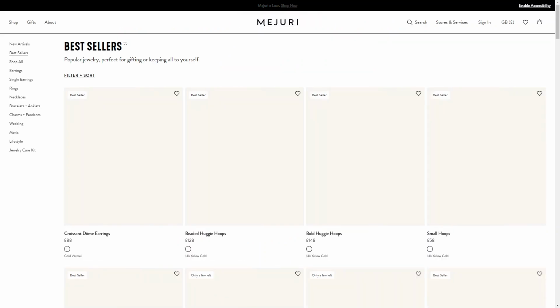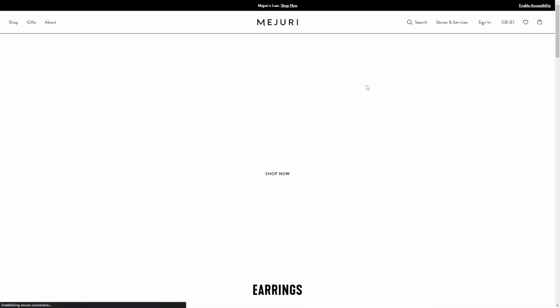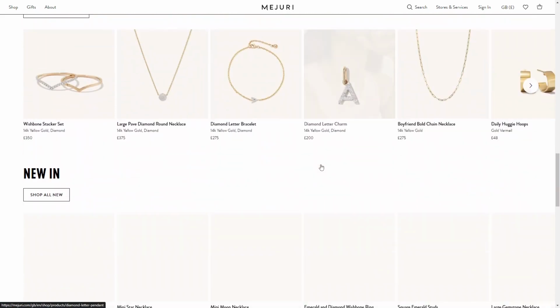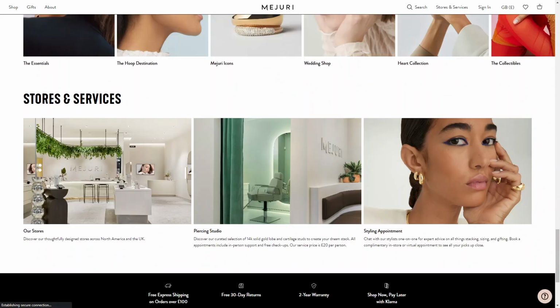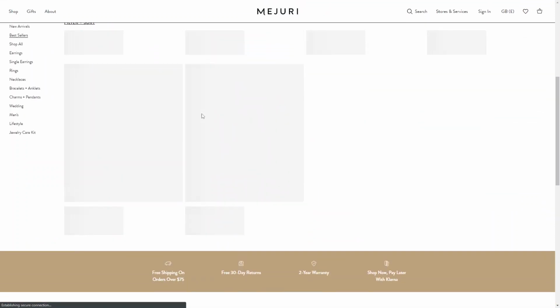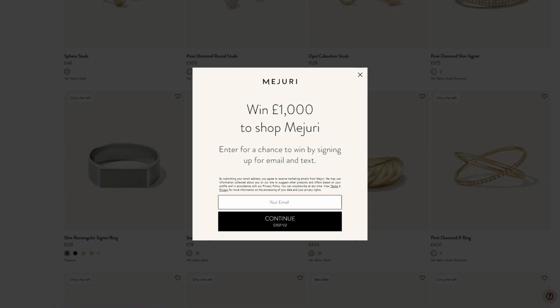So lastly is pop-ups, which is another form of CTA. An example of a website that uses pop-ups as a CTA is Majuri. As you scroll through their website, a pop-up comes up letting users know that they can enter a chance to win £1,000 to shop at Majuri just by signing up with email and text. In this way, they are able to collect a database of users' emails and